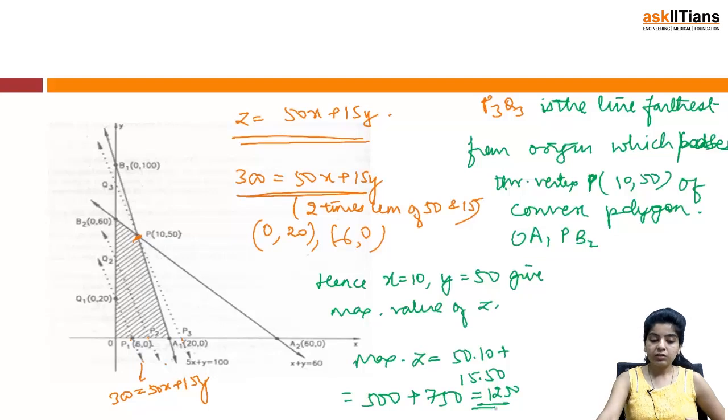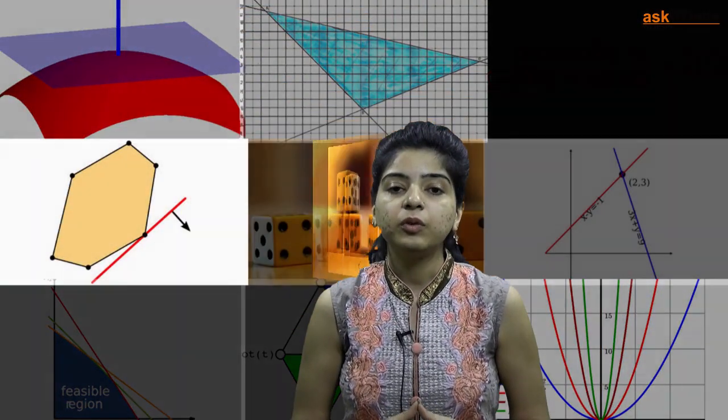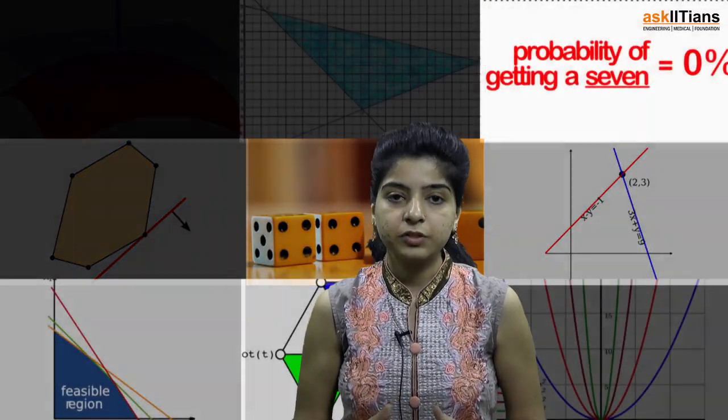See, this method requires a good amount of practice because you'll need to save your time in exams like IIT JEE and other competitive exams. The method is simple, but with a bit of practice you can develop very good speed. You'll be able to guess the values of z very easily, and you'll be able to draw the graphs very easily. So just solve a good number of questions based on this method as well as the corner point method. I hope you have understood the iso-profit, iso-cost method. Just practice a good number of questions based on it in order to develop very good speed.